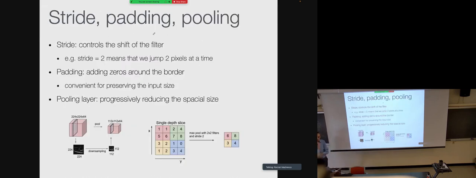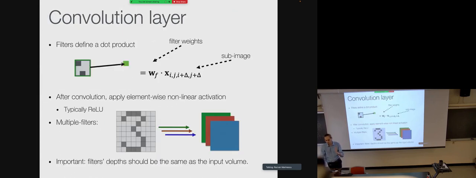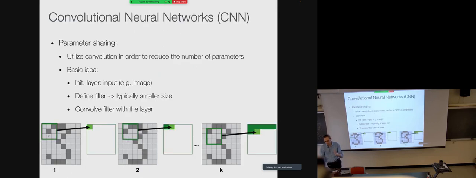There are a few operations that are important to understand when we work with filters: what is stride, what is padding, what is pooling. These are all things you will encounter when you try to, for example, implement a neural network. You'll have these functions, and you'll ask, what is the stride of the filter, and so on. The stride controls the shifts of the filter. So the stride means, for example, instead of jumping 1 pixel at a time, we jump 2 pixels at a time. So notice here, and let's go to a previous example.